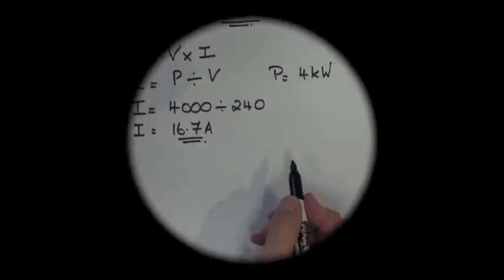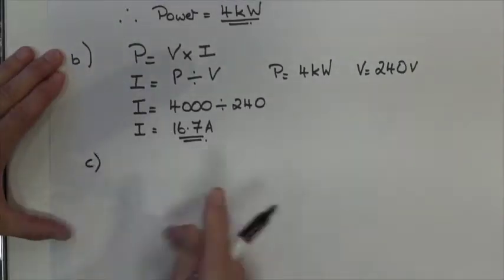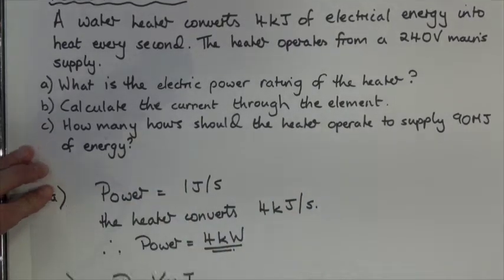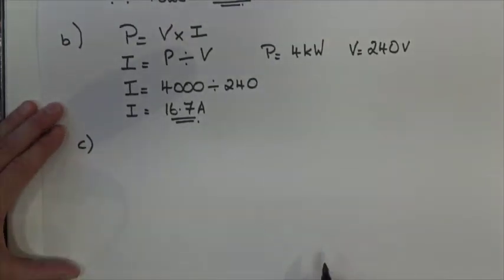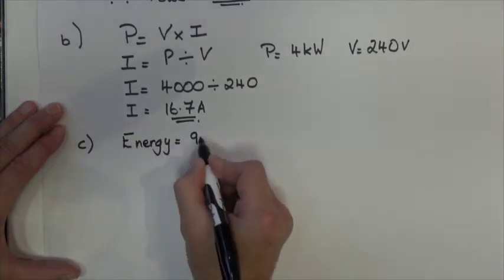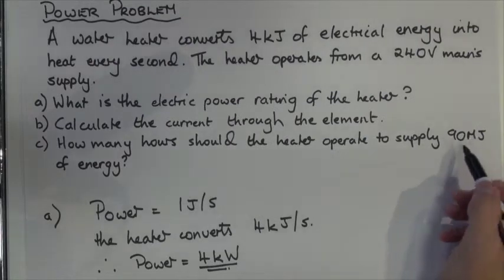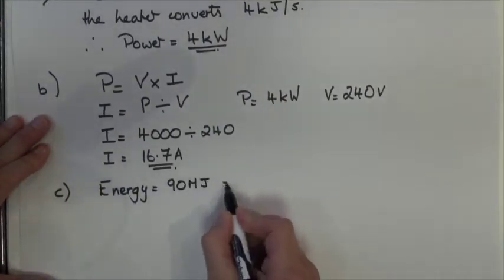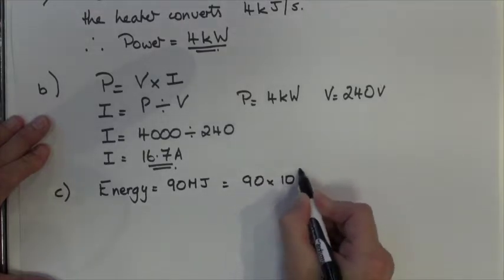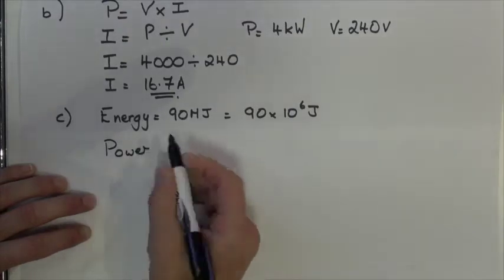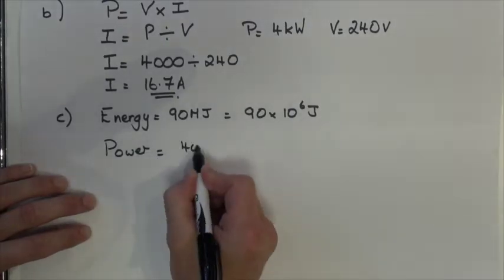Okay, finally let's have a look at solution C. For solution C, I've got to calculate how many hours the heater should operate to supply 90 megajoules of energy. So first off, let's convert the energy. Now we know we've got 90 megajoules, as it states here. So I need to convert megajoules into joules. So 90 mega is 90 times 10 to the 6 joules of energy. I know that power is basically made up of